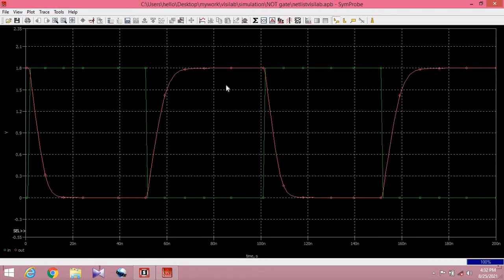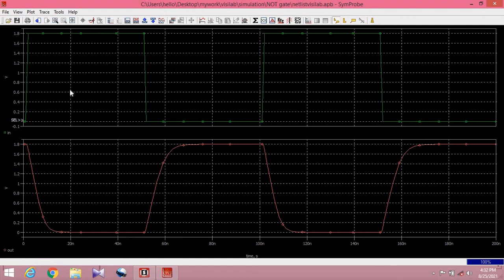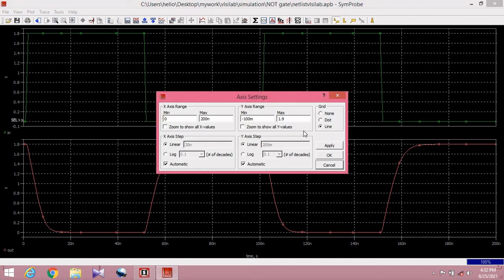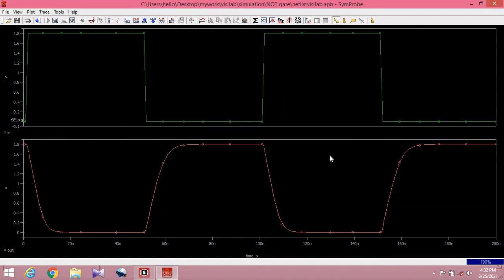Input and output both are mixed, so we can separate them by scatter traces and zoom. And here there is a grid. We don't want this grid, so grid none. Apply. OK.